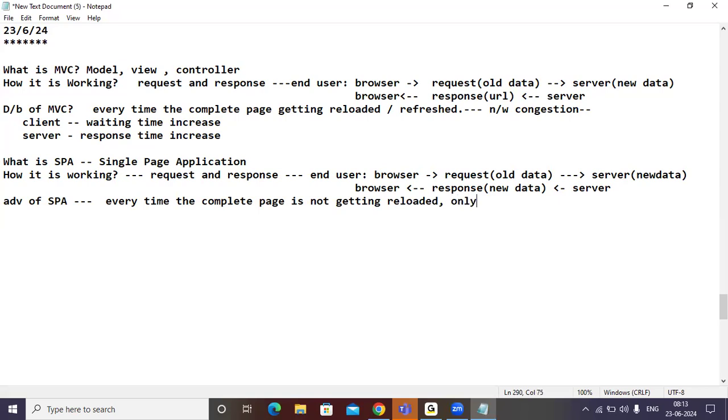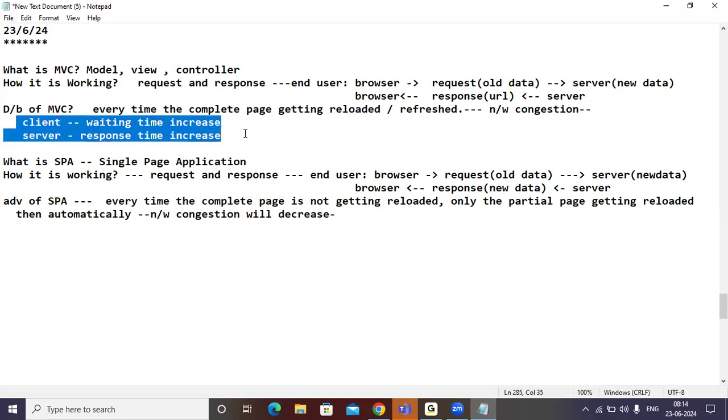Only the partial page is getting reloaded. Then automatically what happens? Network congestion will decrease. If network congestion is decreasing, then automatically client waiting time is decreased and server response time is also decreased.